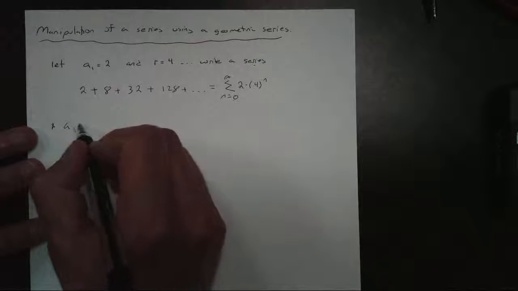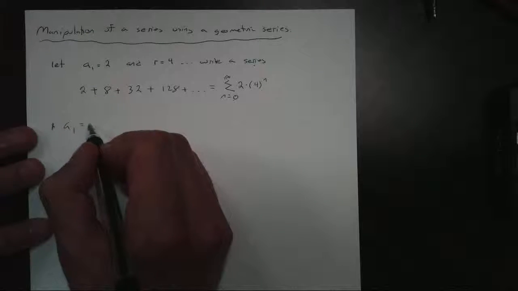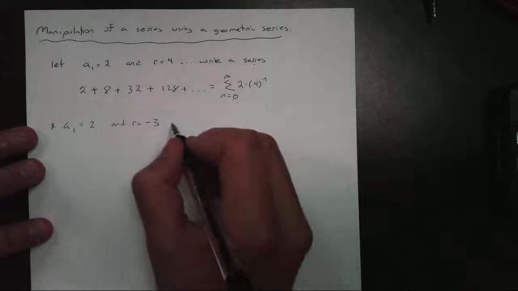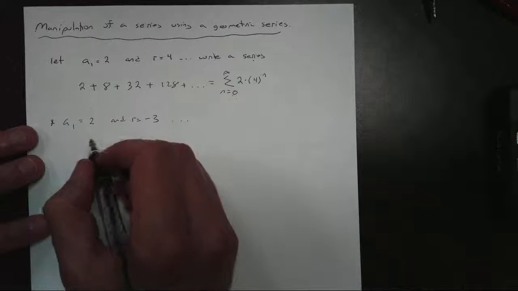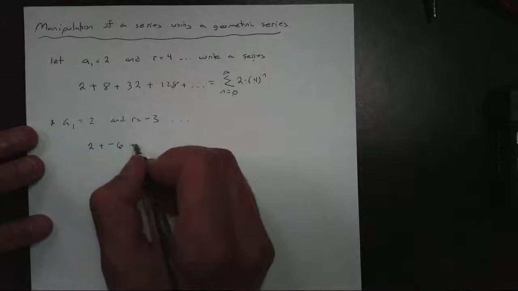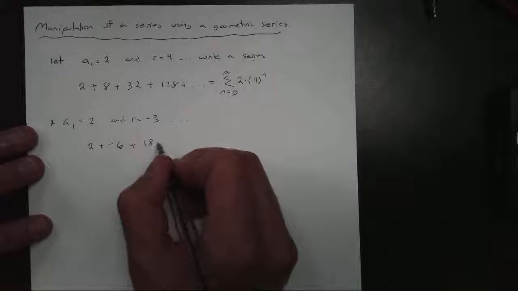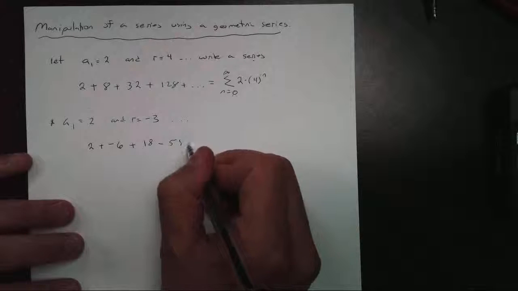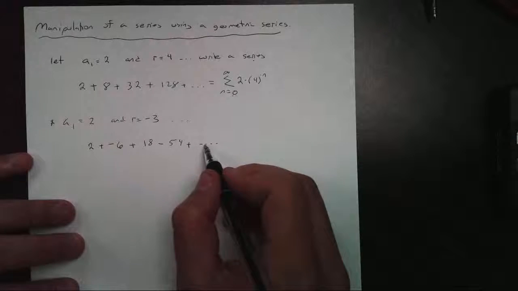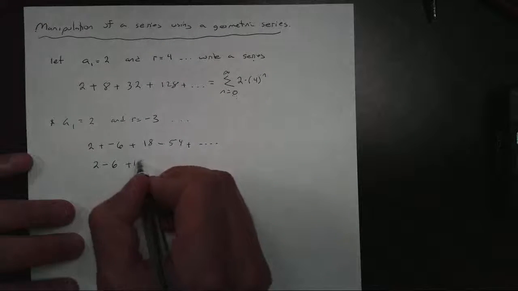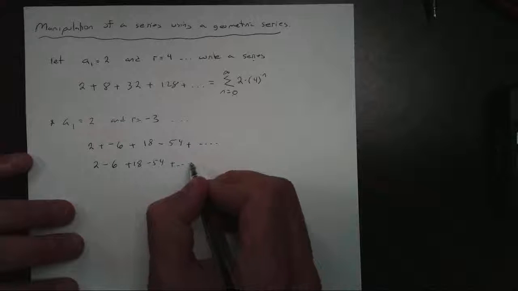Like, let's say if I let the first term be, I don't know, 2, I'm boring, and let's say r is -3 this time. And I want to write the series again. Well, my first term is 2, multiply that by -3, I get -6. Multiply that by another -3, I get 18. And if you notice for this one, it's actually alternating for us. So we get -54, plus, and I write those first 4 terms, then dot dot dot. So in other words, this is going to become 2 minus 6 plus 18 minus 54 plus dot dot dot